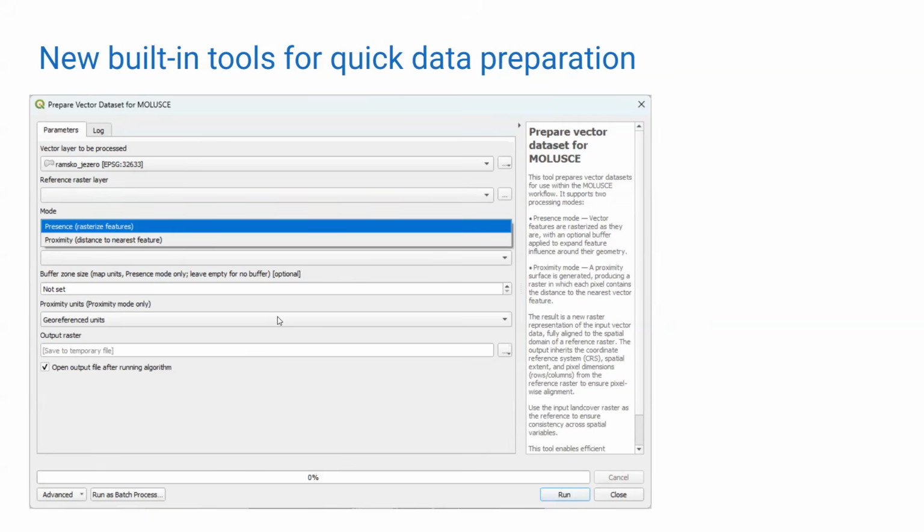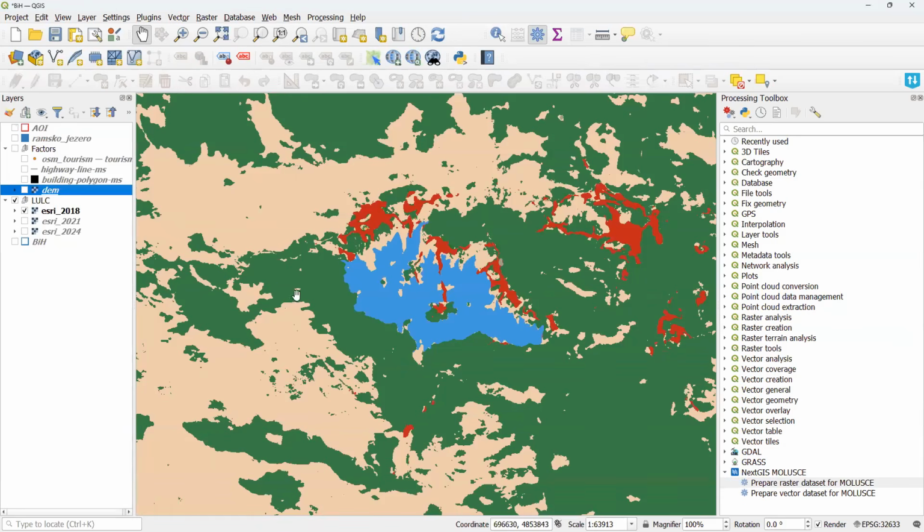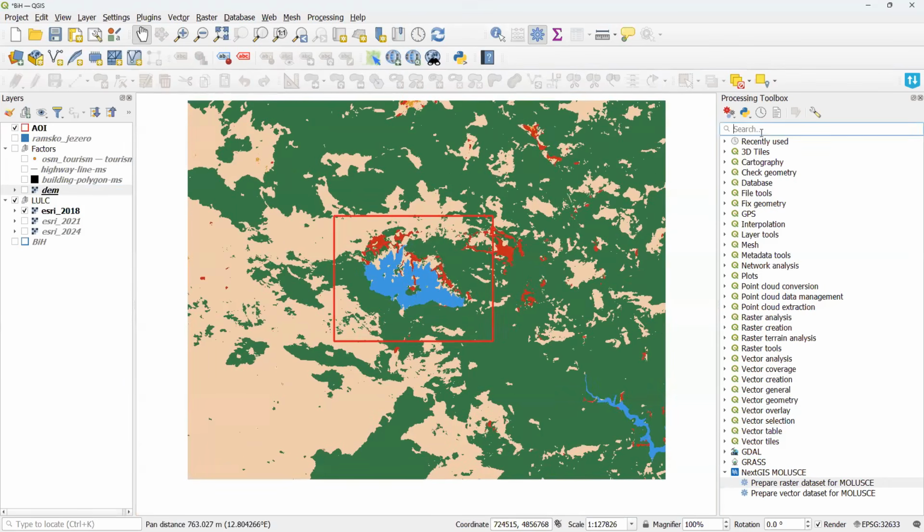Okay, go back to QGIS and let's try to work with it in practice. The first step is to manually prepare the most important reference land cover dataset, to which we would transform all other datasets we have. I will use Esri 2018, this raster. Hide all layers, turn it on. I will use this land cover dataset, and the only thing I'm gonna do is to crop it to the area of interest. Here is my area of interest, and I will run